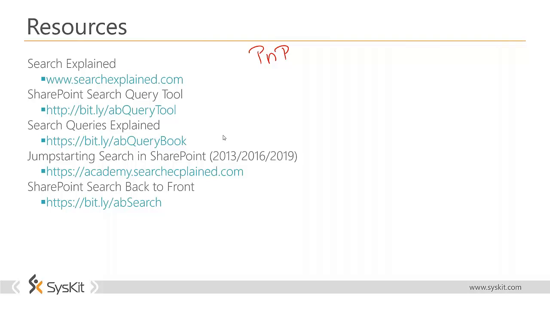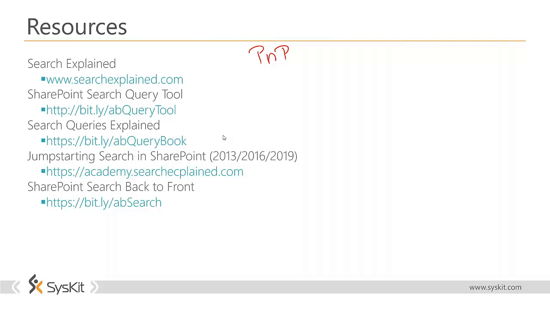And the last question is, is there any step-by-step guidance available on implementing any of the examples shown, as this was mainly theory? You can go to my website. Many of those steps are described there, either written by me or written by other genius guys like Matthew McDermott or Mikael Svensson, who wrote a couple of blog posts for Search Explained. Or you can take my online course that also describes this process on the technical level. So how to create a display template, how to create a custom refiner,